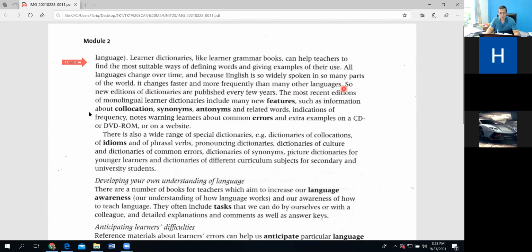So new editions of dictionaries are published every few years. That is why new editions of the dictionaries are available, because of the new changes. The most recent edition of the monolingual learners' dictionary includes many new features, such as information about collocations, synonyms, antonyms, and related words, indications of frequency, notes, warnings about common errors, and extra examples on CD and DVD-ROM